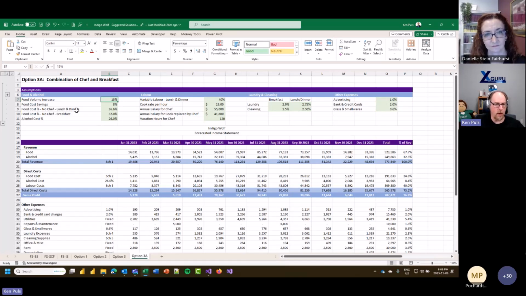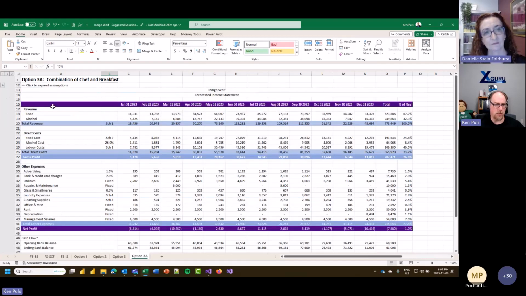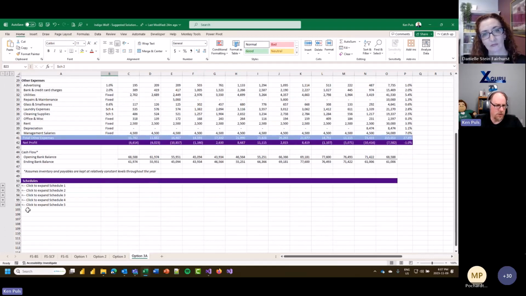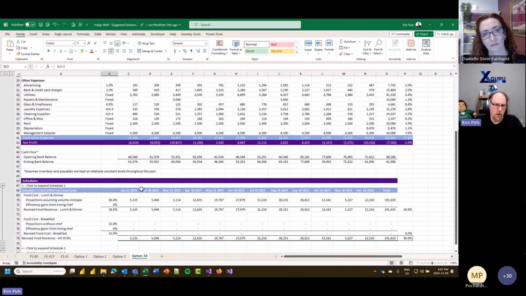And generally, the way that I will do these things is I actually have a little grouping thing on the top here. So I'll actually collapse it down. There's a message there that uses an aggregate function to check whether or not the rows are hidden. And says, hey, if you want it, you can click it, you can expand it. And I find that's actually a really helpful technique for dealing with things like your schedules. Because I know you'd mentioned footnoting is really, really hard. So I don't bother. I actually will put in something like this, and then I say, look, here's all my schedules down the bottom here. You want to go see schedule 2, you can open it up. Can print it if you want, right?